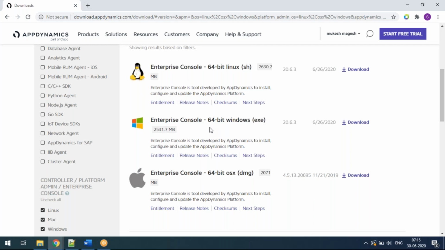Okay, so once you complete the installation, the URL in which you are launching AppDynamics will be your host name or your IP address itself, because it is a locally created application, right? So it will be your localhost, or your host name will be there in the URL.